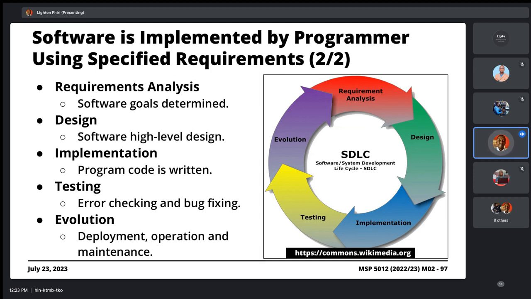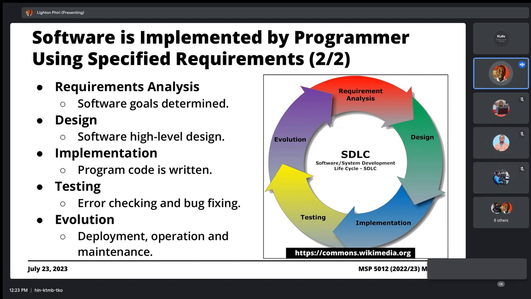So you sit down with the key stakeholders or the people you're developing the software for, and you ask them, of course, in a certain special way, how that piece of software should be built. What exactly should the software do? And so if you are developing this piece of software for people from the Ministry of Community Development, for instance, they'll be able to tell you to say, well, we want this software to enable us to pay beneficiaries money. Okay, that's a requirement. We want this piece of software to make it possible for us to generate reports.